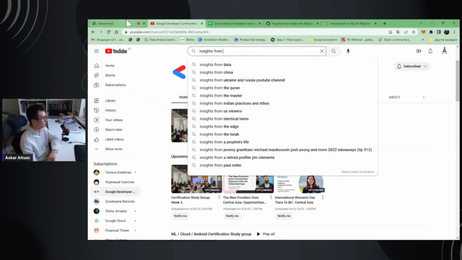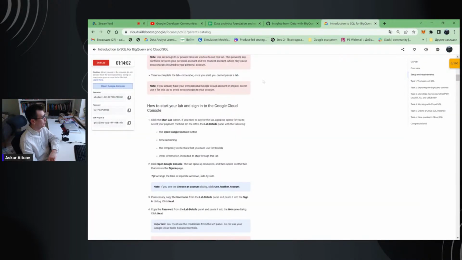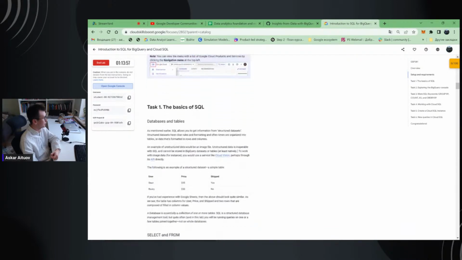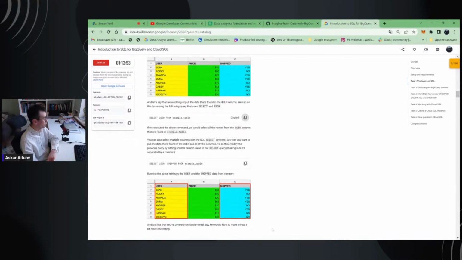Just to check if anybody is writing comments. Nobody. Yeah. So then I just follow the guidance. For example, here the lab proposes to launch some queries. I'll just show you really quick because this is a BigQuery lab, and I already know a good way to start. According to the instructions, they say go to BigQuery, click once,